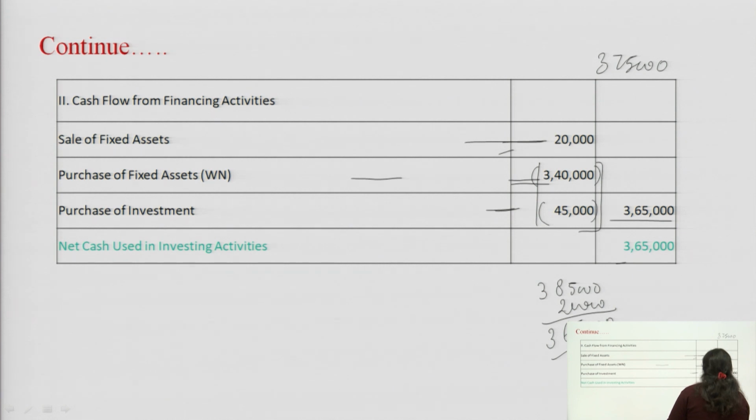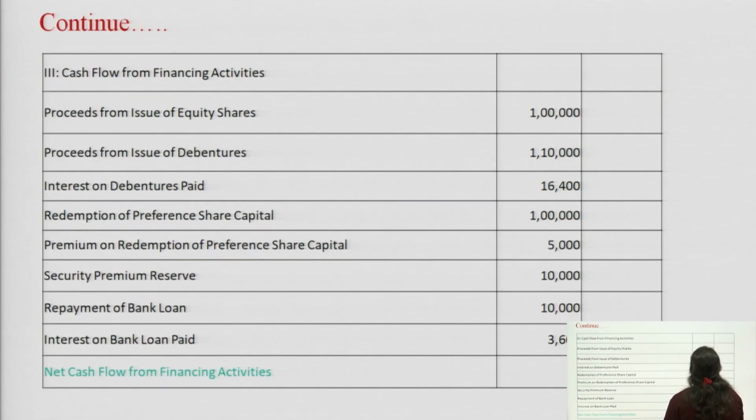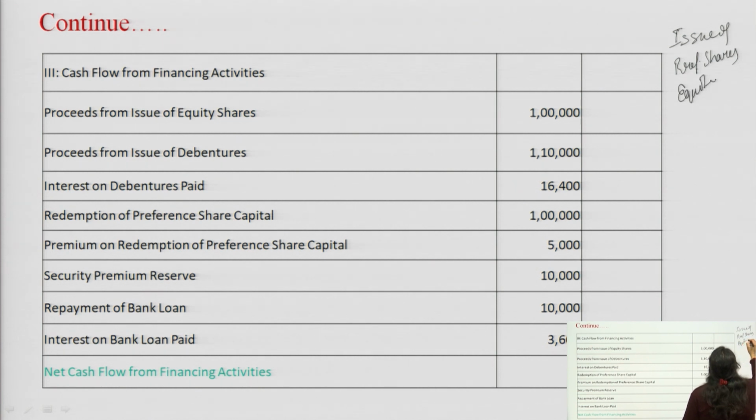Now, we will subtract the 3,65,000. Now, we are moving to the cash flow from the financing activity. In the financing activity, we consider two things. First, we will talk about the issue of preference shares, equity shares or debentures, because this is how we prepare the capital. We need to check it in the balance sheet which is given in the question itself. And now we need to check also whether there is any redemption of the shares.